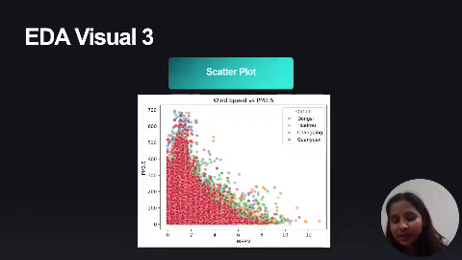The next one is the scatter plot. A scatter plot visualized the inverse relationship between wind speed and PM 2.5. High wind speed tends to disperse pollutants, resulting in cleaner air, an important insight for seasonal and weather-aware models. This visual provided clarity on temporal and spatial variation in pollution, informed the feature selection and shaped the prediction logic